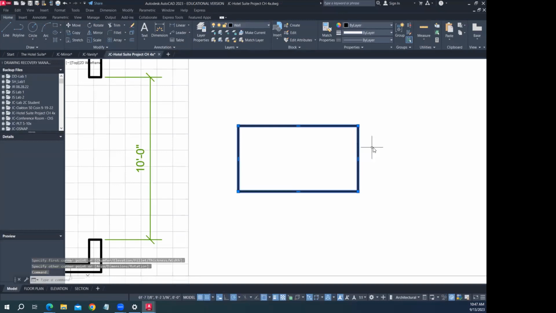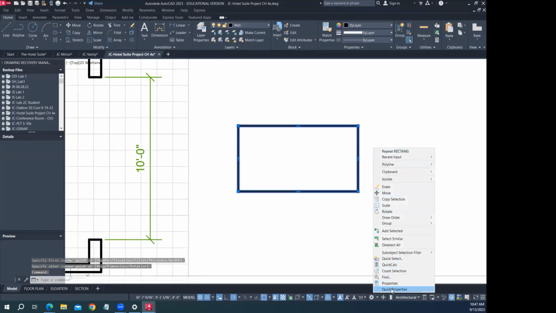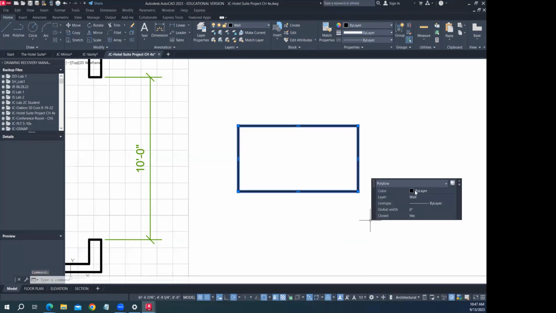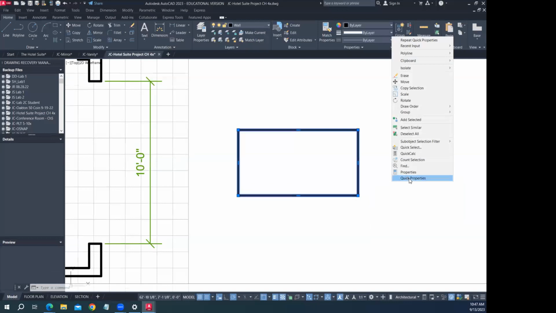So if I click on that and I right click, you can look at the properties. You could look at regular properties. Quick properties just gives you a few of them. But essentially you can see what the color is, what the layer is, and other elements. You can see that it's a polyline. If you go through and you look at objects that you've created with the regular properties,